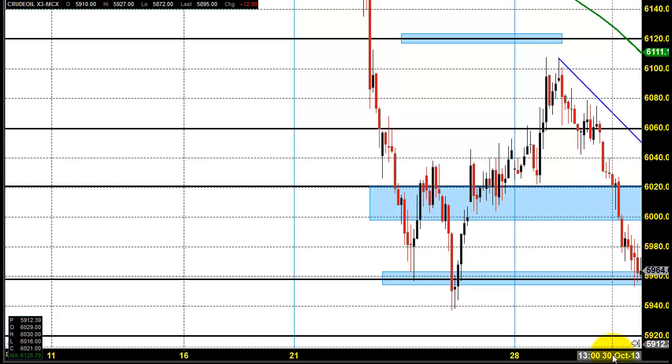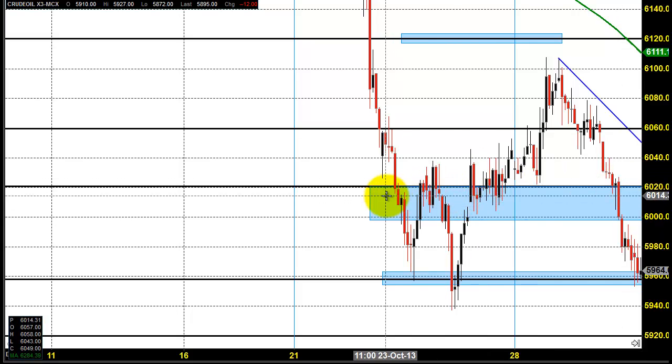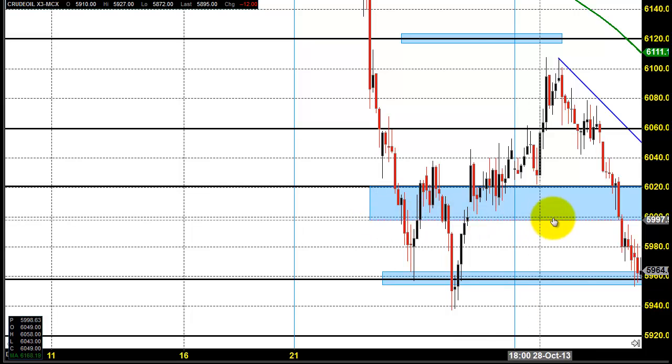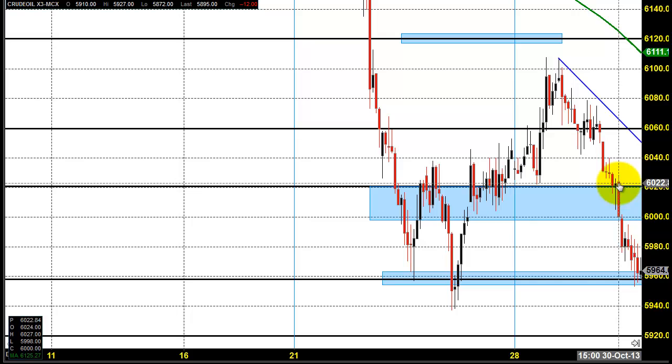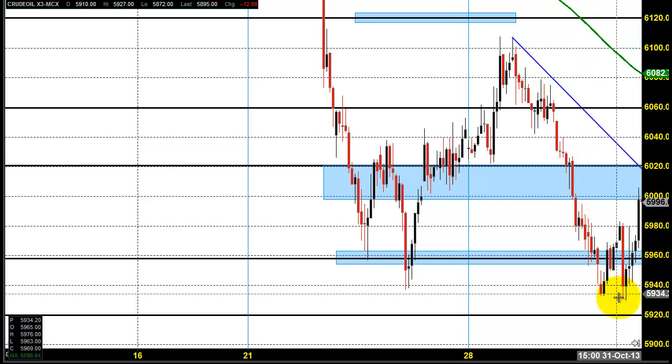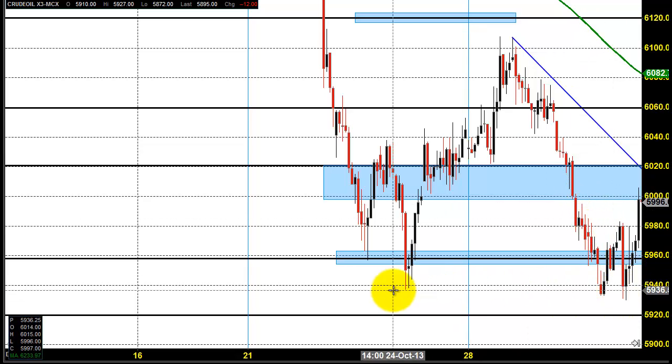That happened on 30th of October. You can follow the date and time whenever I place the cursor on any candlestick. So in the previous week we found a lot of support happening around 6000 and 6020. That was the reason we identified this as a major support zone and we marked it with a blue color box. Once the price breaks this key zone of 6000 and 6020 where the price opened on Monday, you can see it is a breakdown. So a breakdown happened that pushed the price down till the 5040 zone,